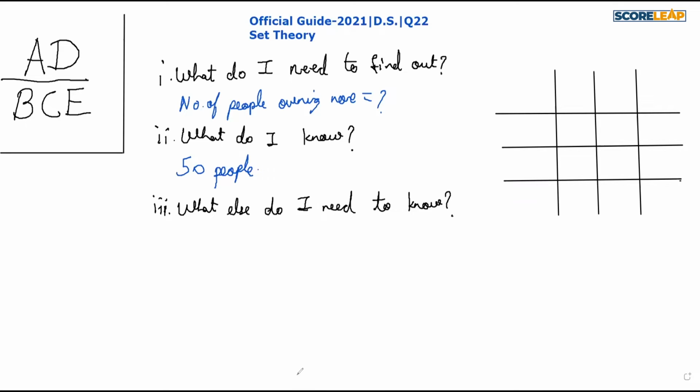And I can make a table like this. Here again we have two variables. Which are they? The first one is fax machine, and the second is no fax machine. The second variable is printer, or laser printer, and here it will be no laser printer. Now we know that there are a total of 50 people. Total we know.